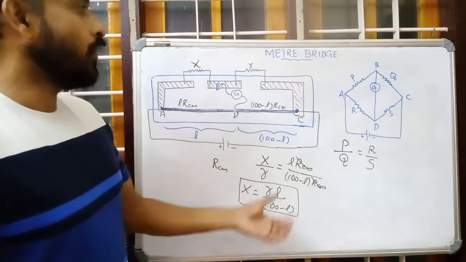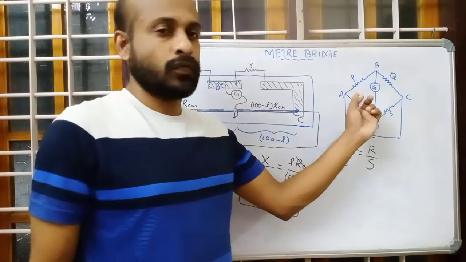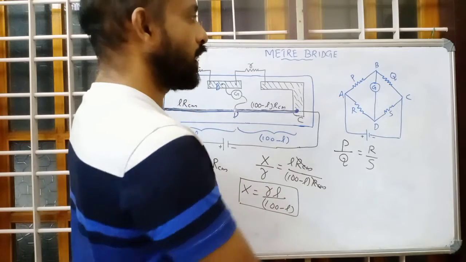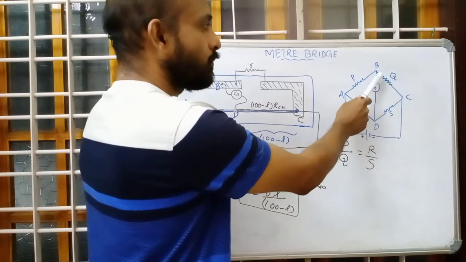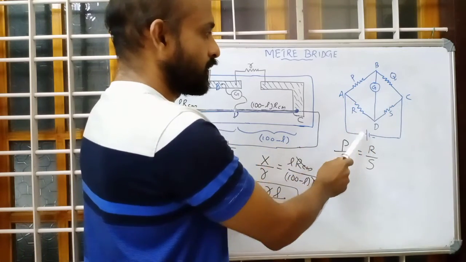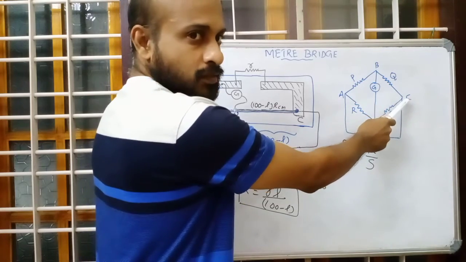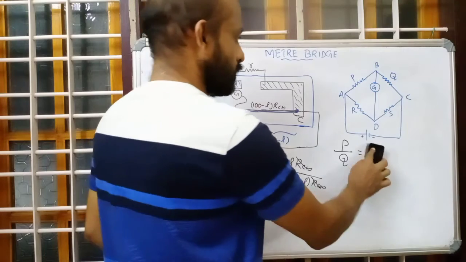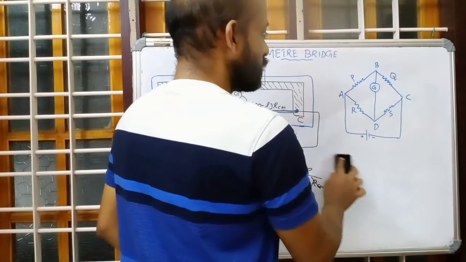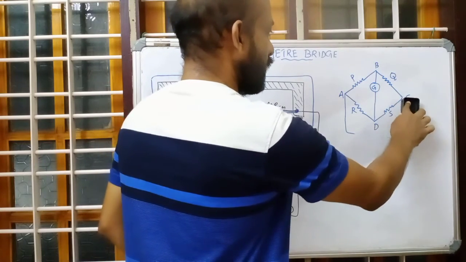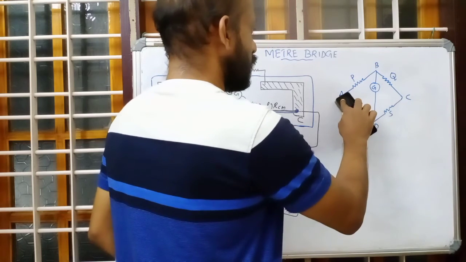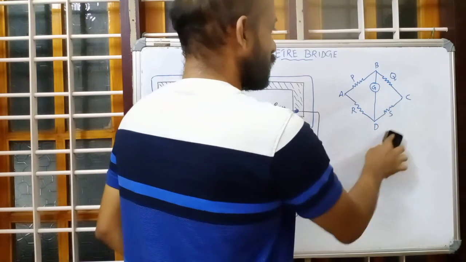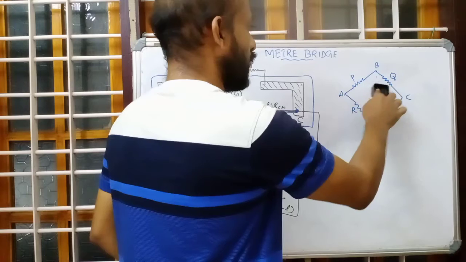Okay. Now one more thing I need to explain related to Wheatstone's bridge. Here what we have done is we have connected the galvanometer between B and D and the cell between A and C. Now we can redraw the diagram interchanging the cell and the galvanometer points. That also is possible. Then also the balancing point will not shift.